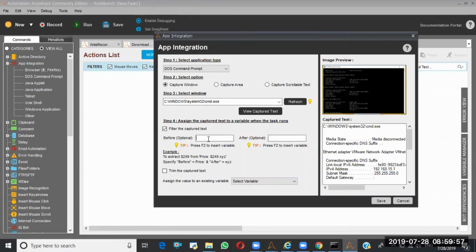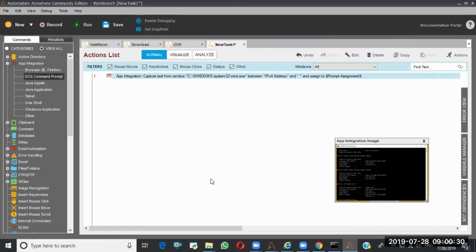Before it should have IPv4 space address, and after I am putting a space, not null, it is a space. If I am not going to give anything, that will be considered as null. But I am clicking the space bar on my machine, so it selected the space, and I'm trimming the capture text, and I'm selecting prompt assignment, and I'm saving this.